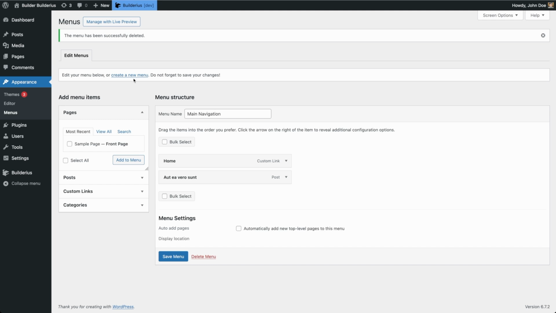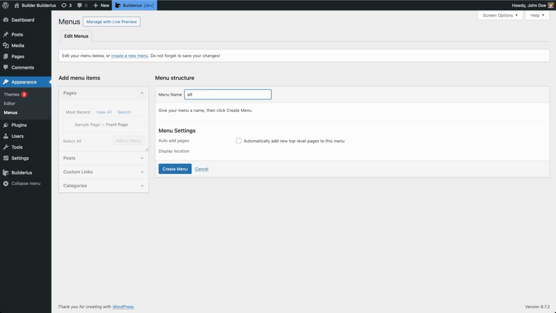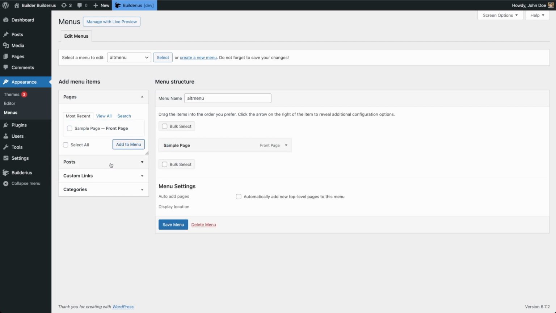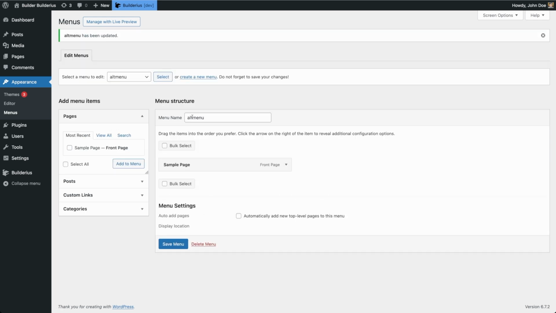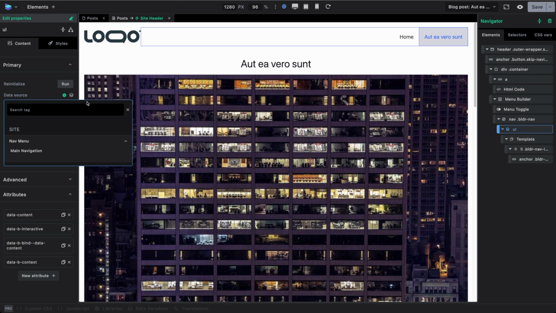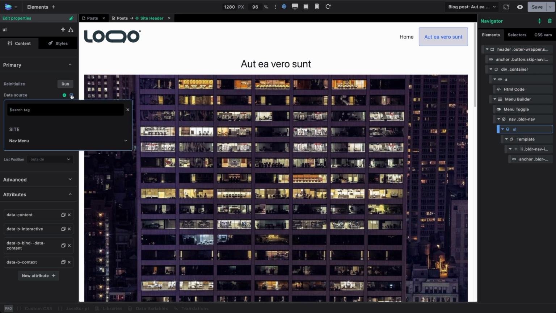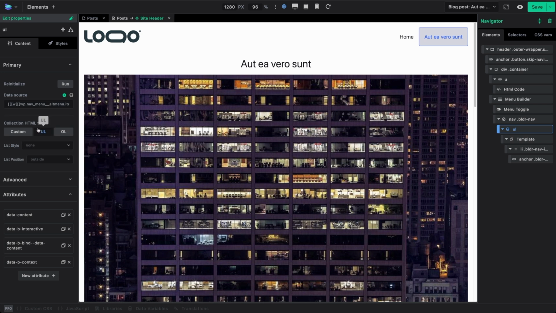Let me show you how it works. So for instance, I create an alt menu, and then I add this element, and maybe that's enough. So now I have two menus, and the second one has one link. Let's go back here. Okay, let me close, and now let's try to reload the canvas like this, and then let me open the data sources again, and now I have two menus. So when I choose the alternative menu,